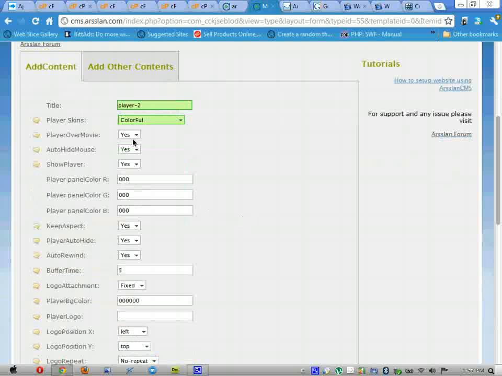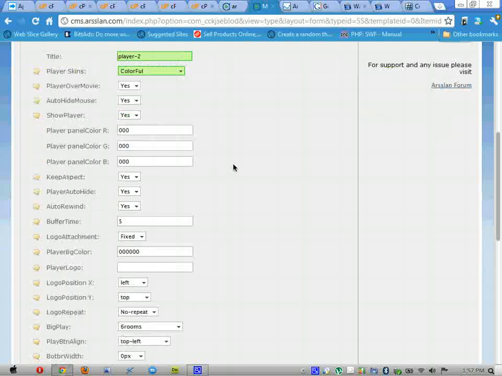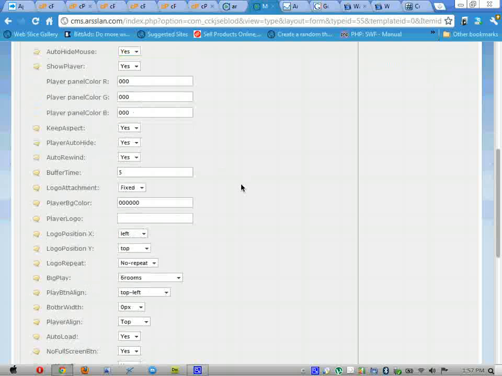now do I want my player over movie? Yes. I want to player hide? Yes. I want to show player? Yes. I want my player panel color. Well, you can change your player panel color in some skins, and in some skins you cannot. And I want to keep the aspect ratio. Yes. I want to player auto hide. Yes. And